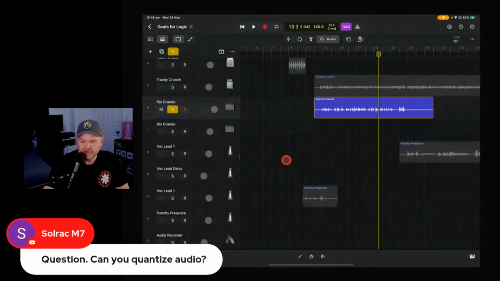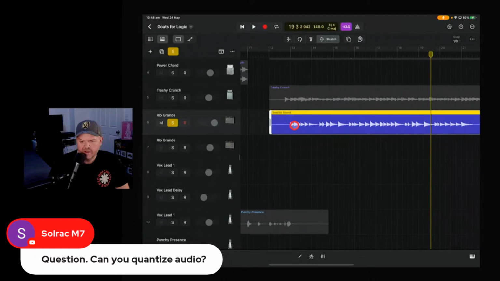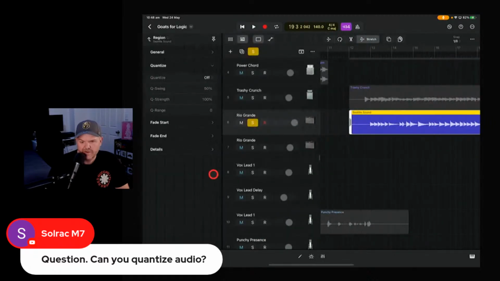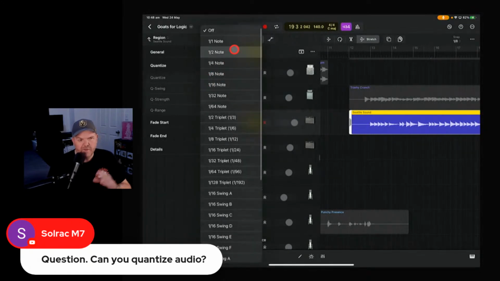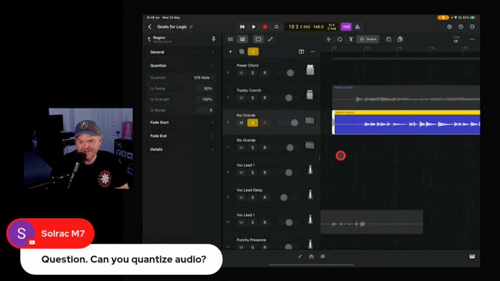Let's just zoom in on this a little bit so we can get a closer look. Let's see if we can indeed quantize this sound. So your quantization is under your inspector, which is down here on the left. At the moment, quantize is off. Let's quantize this. So this is 1, 2, 3, 4, 5, 6. I think we need 16th notes for quantize. So let's put 16th note quantization on here and see what it does to our track. Could be interesting.